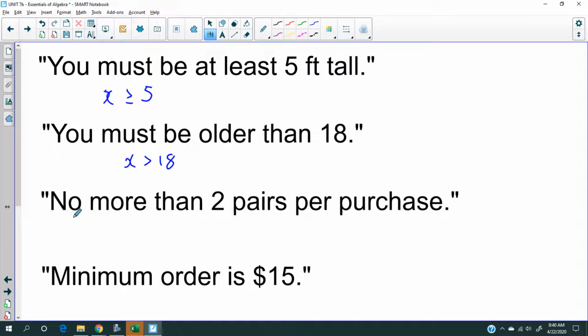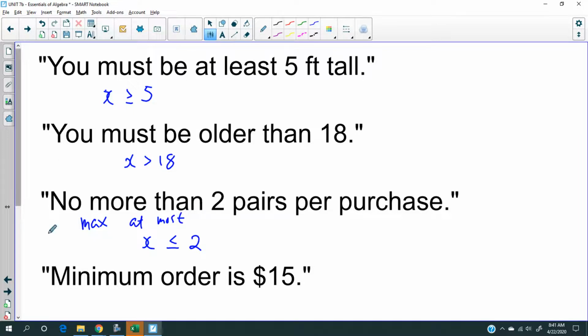This one's great because this happens a lot when I buy sneakers. All right. It says no more than 2 pairs per purchase. So how do you write that? No more than 2 pairs. So can you buy 2 pairs? Yes, you can buy 2 pairs. Okay, can you buy 3 pairs? No. Can you buy 1 pair? Yep. And that's how you write that, right? X is less than or equal to 2, right? A maximum, right? Maximum, at most,